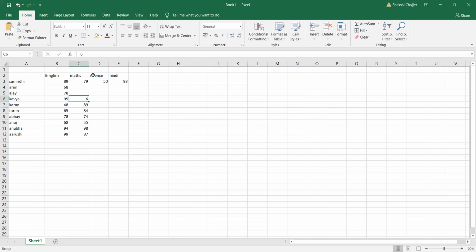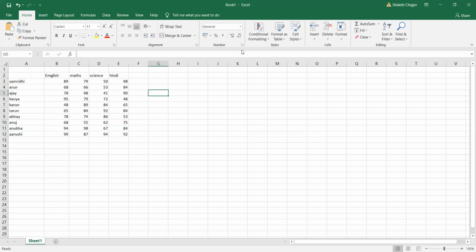Just creating a table because we have to use this conditional formatting options. So this is our table which is created.